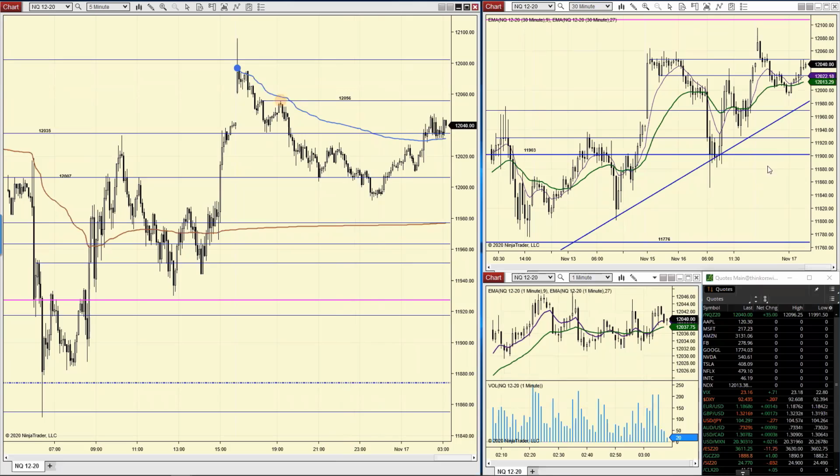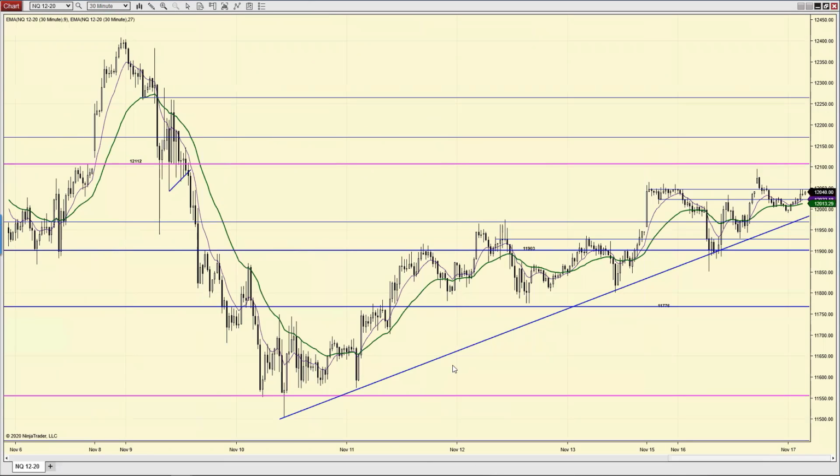That's on the 5-minute. Take a look at where we stand on the 30-minute. Another thing I kept an eye on: if you look, we held that trend line. We defended it, so they had the opportunity to bounce if they wanted to, and certainly that's what they did. Get rid of this.